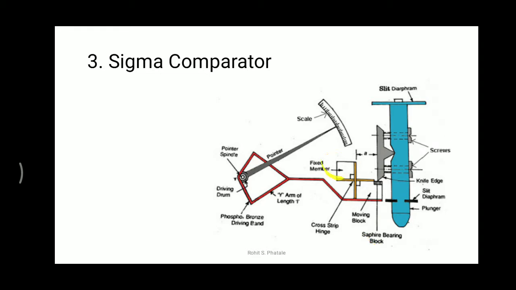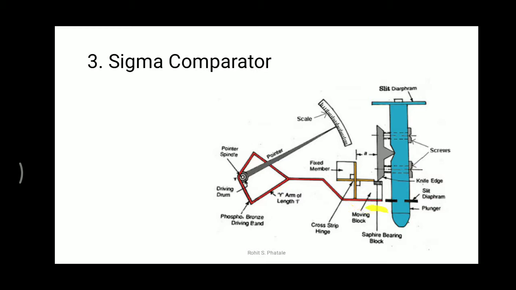Now this is the fixed member, it will not move from its place, and this is the moving block. So this cross strip will move like this, and this part after moving down is further connected to this Y arm.